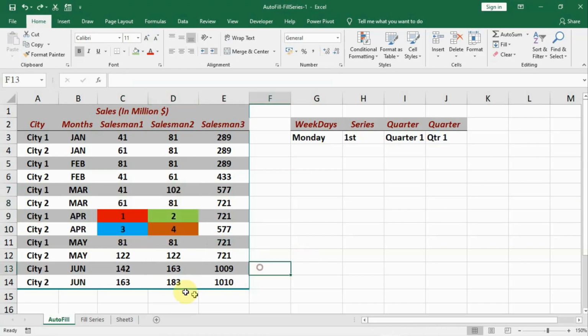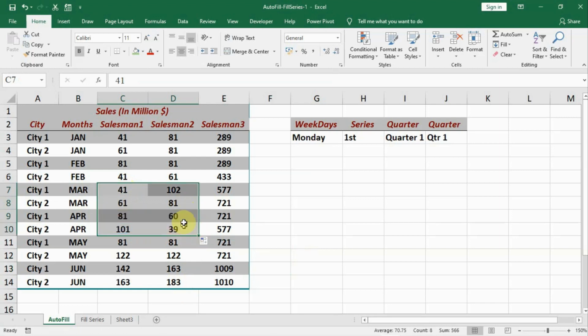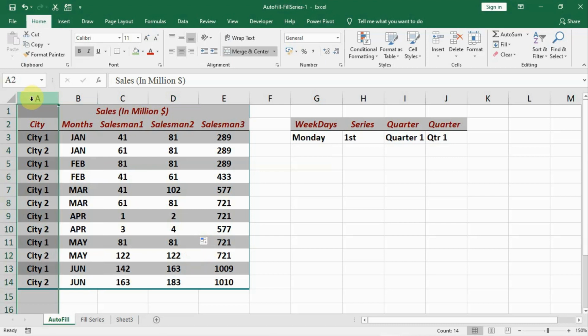I'll show it again how to do it. Select the two cells above it, and drag and copy. When you drag and copy, the value changes, but I want the old value and I want to change the formatting. So I'll go here, autofill options, click on this and fill formatting only, and it gives me the formatting only. I'll try it again in another option.